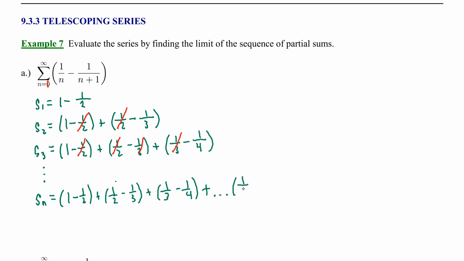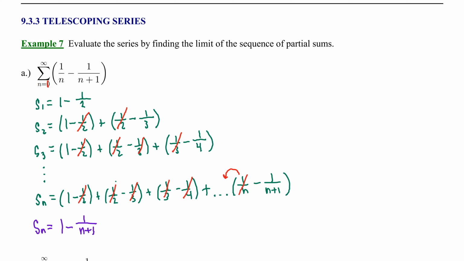All the way to our nth term. So just as these interior values are canceling, we can assume that 1 over n will cancel with the term just prior to it. Therefore, the formula for the nth partial sum of this telescoping series is 1 minus 1